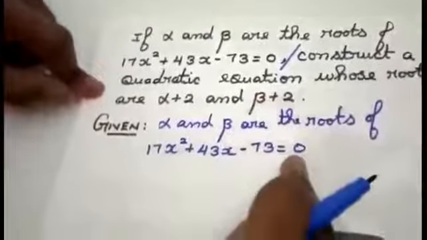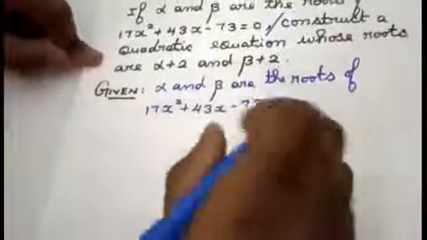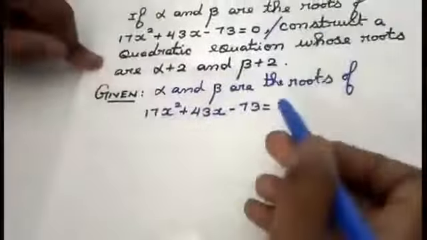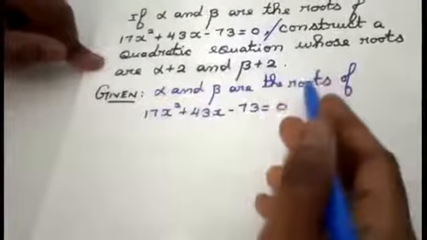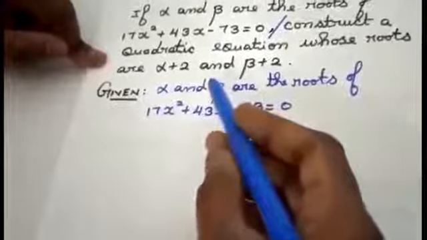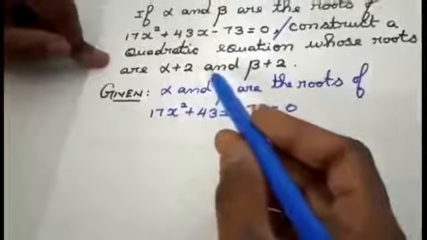This is a quadratic equation, and definitely I am going to get two answers. I am not solving for the answers, but they are telling us those two answers are alpha and beta. Those answers are called roots. And what is the concept we saw in the quadratic equation? Sum of roots and product of roots.